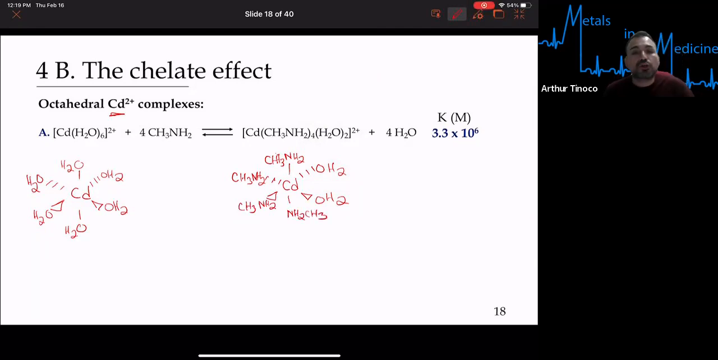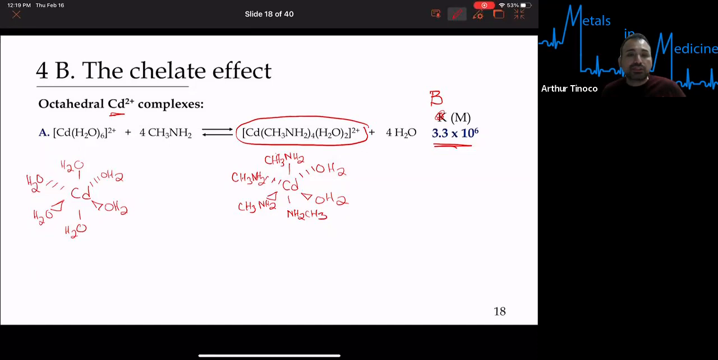So what you can see over here is the value of K. Technically speaking, this should actually be a beta expression because it's a cumulative process. We have a number that's 3.3 times 10 to the 6. When we see this number, it's 10 to the 6 in terms of its order. It's favorable for the formation of this product here, right? So it's favorable for the binding of the 4 methylamines, and it leads to the release of the 4 water